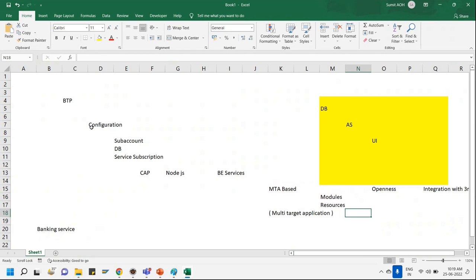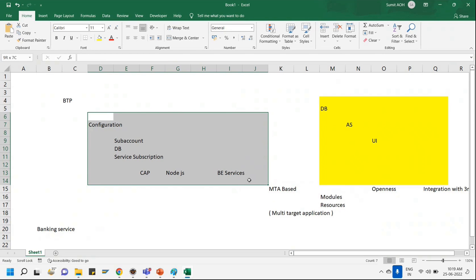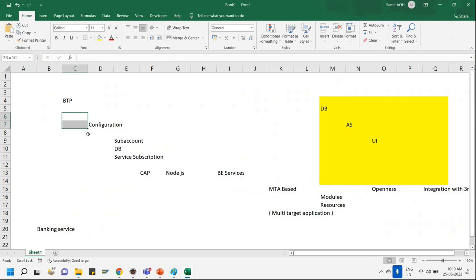Just be with me because it's not ABAP where we just have reports, or I can say some sort of objects. It is a project-based development, totally project-based development. Those who have worked with Fiori development, UI development, would be able to easily correlate with this to some extent. Okay. So we would be learning the CAP, Node.js backend services.